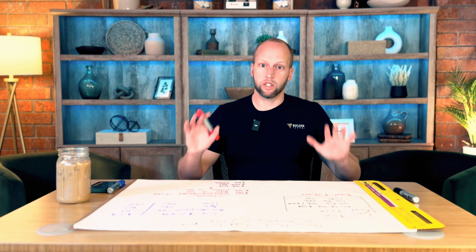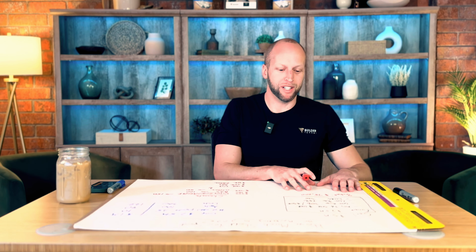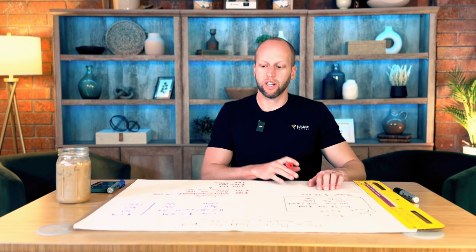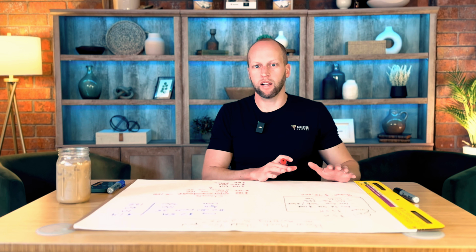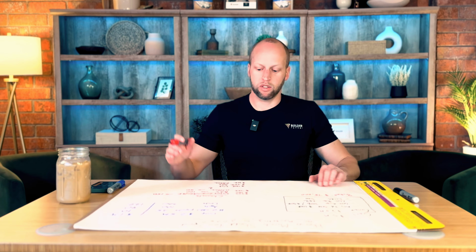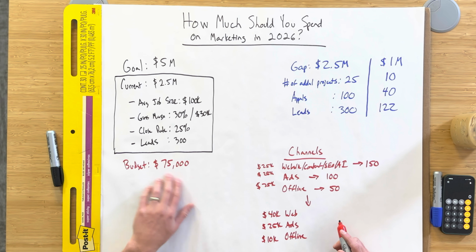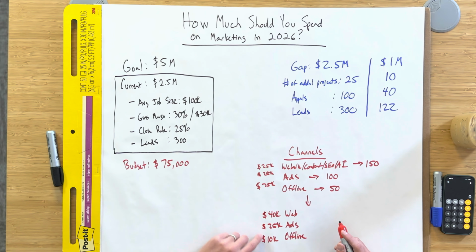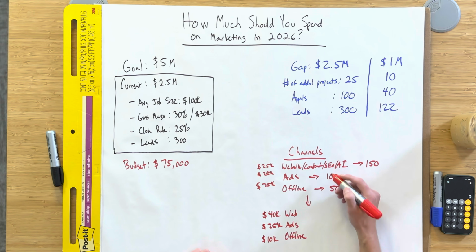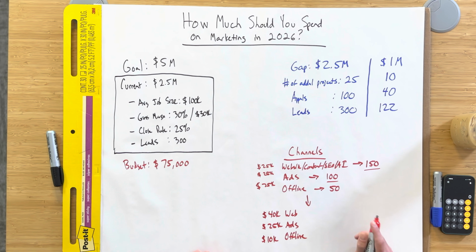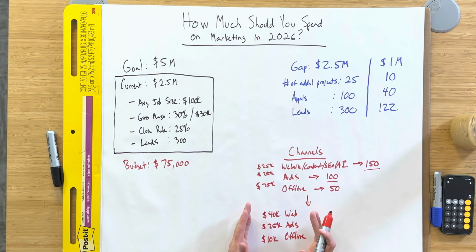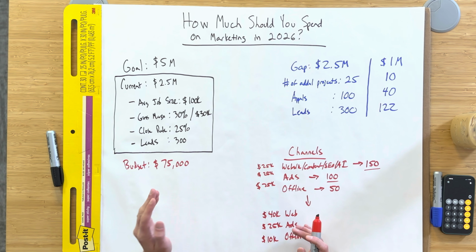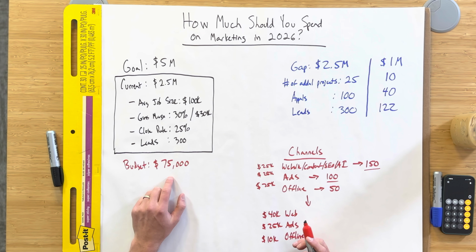Like I said, the simple way is just, hey, we spent 75, we got 2.5, we're trying to double, let's just double this to 150. I like improving and then increasing if we can, because if this wasn't super efficient, it's really easy to just adjust that budget if we have, again, a couple of channels that we know are working pretty well. So now we've got this budget, and then we could say, you know what? Doubling the budget sounds really aggressive.